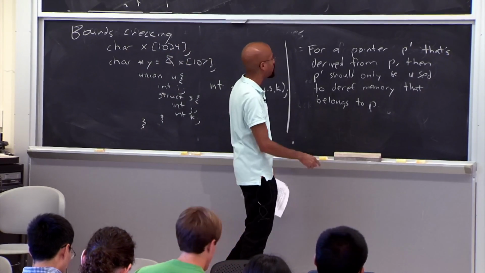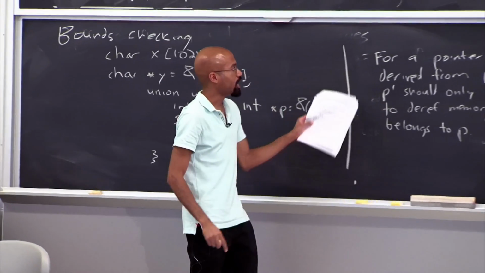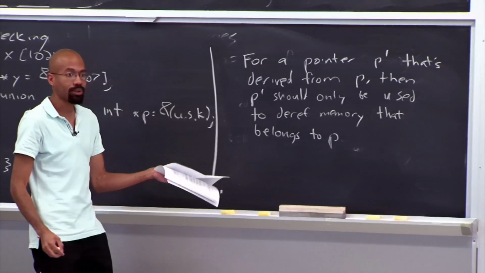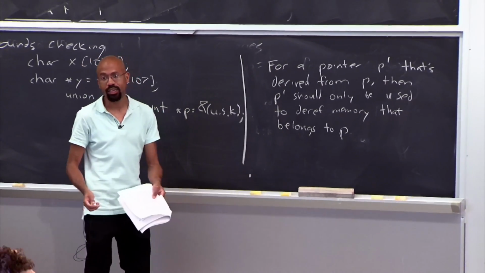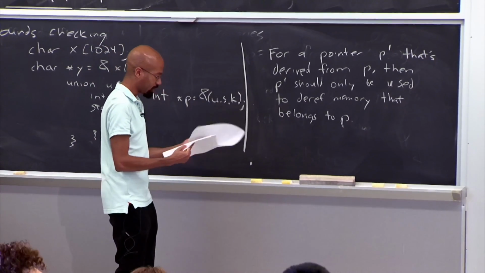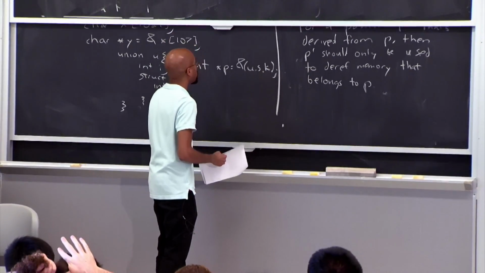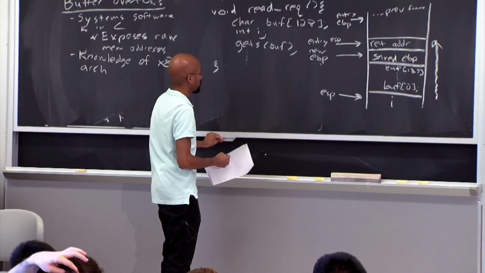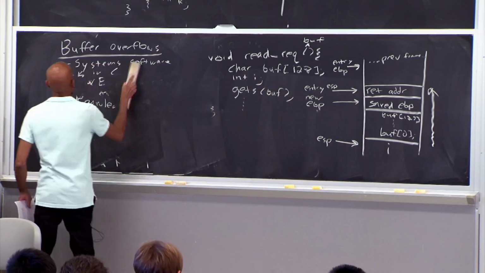Now, the challenge with enforcing these types of semantics is that in many cases you need help from the compiler, and you typically need to recompile programs to enforce these semantics. So that can be a drag for backwards compatibility. But this is the basic notion of bounds checking. So what are some ways that you can implement bounds checking? One very simple way